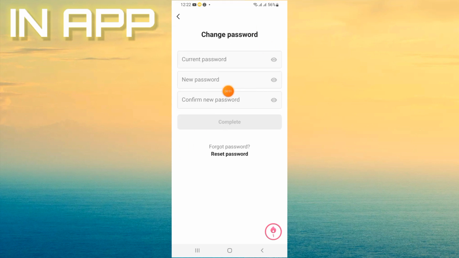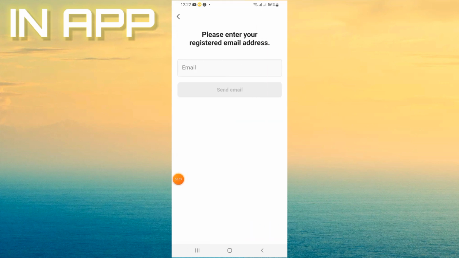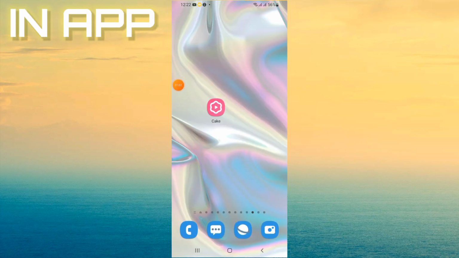Here I want to reset my password. I will just click reset password. They will tell me to enter my email. You will enter it, then I will click send email. Then after this they will